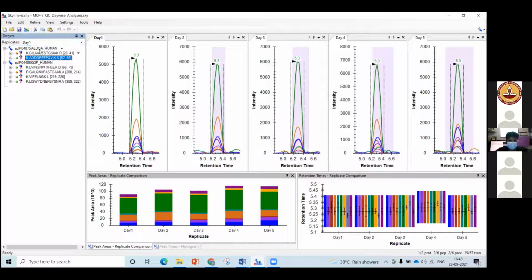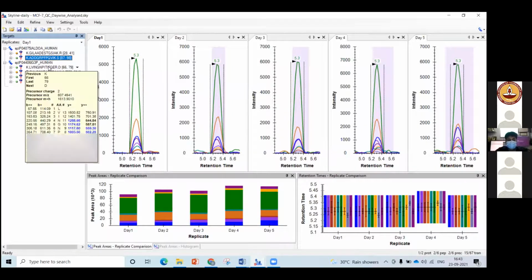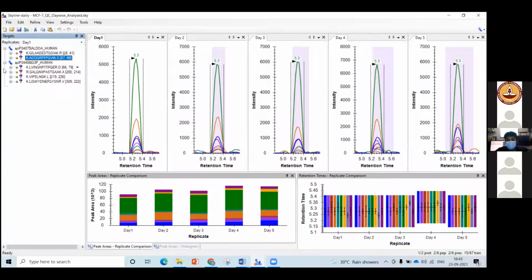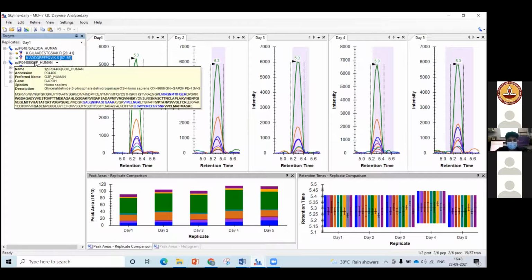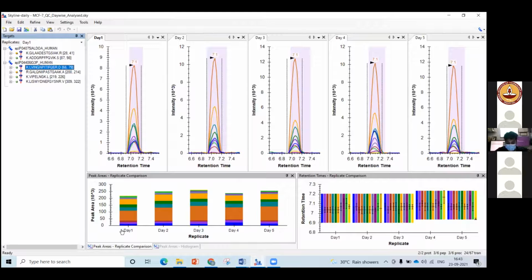In most cases, we take some complex lysate samples, and in those complex lysate samples, we generally see 1 or 2 peptides, or at least 2 to 3 peptides, for a particular protein, which is generally a housekeeping kind of protein. For example, this one you can see is GAPDH, and we try to see the level of the peptides in a day-wise manner. Over here you can see from day 1 to day 5 that the peak area we are getting for these particular peptides is pretty similar. That means there is no day-to-day variation, which is very important for any kind of assay development, or a kind of targeted mass spec based peptide assay development.